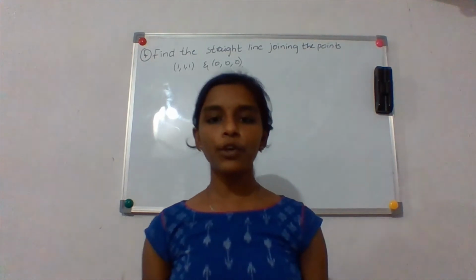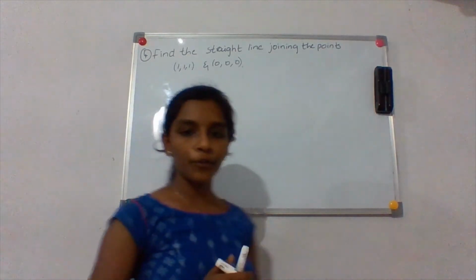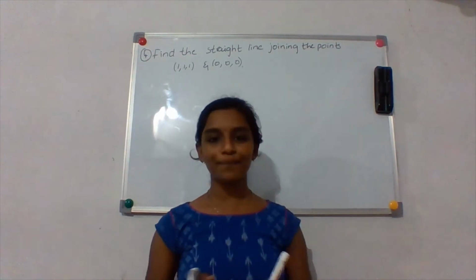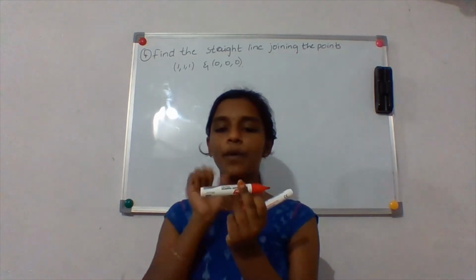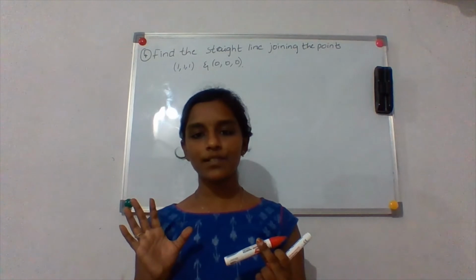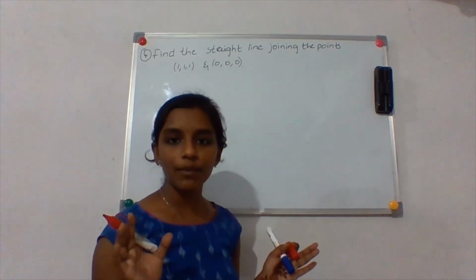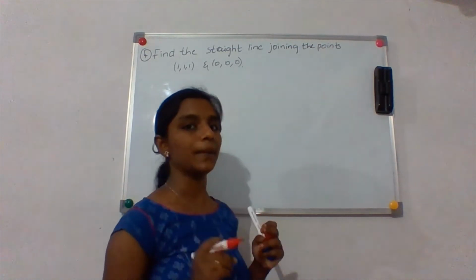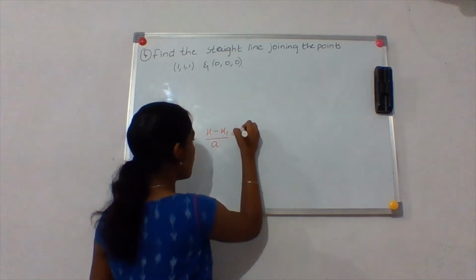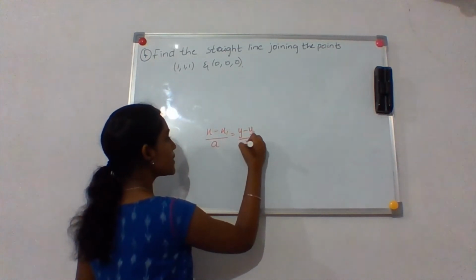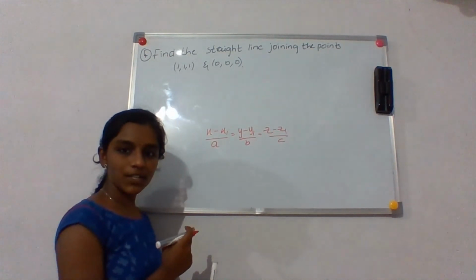Okay, so now how do you do it? You can first imagine that there's a line and 2 points are situated on it. This is a very simple thing. We'll just learn the procedure of this problem now. What is the general equation of a straight line, a 3D line? That is (x minus x1)/a equals (y minus y1)/b equals (z minus z1)/c. Is this the general equation of the line?